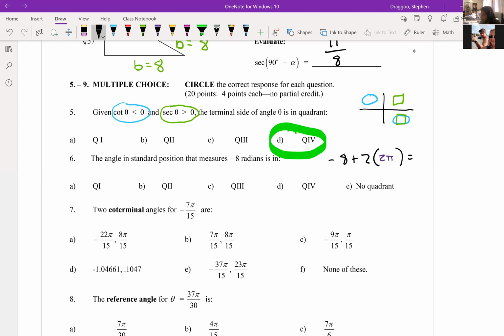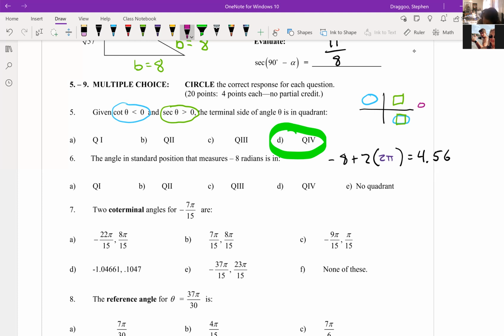6.28 times 2 becomes 12.56, and 12.56 minus 8 would be 4.56. So -8 is in the same position as 4.56 radians. And if we throw those decimal approximations on the coordinate plane up above,